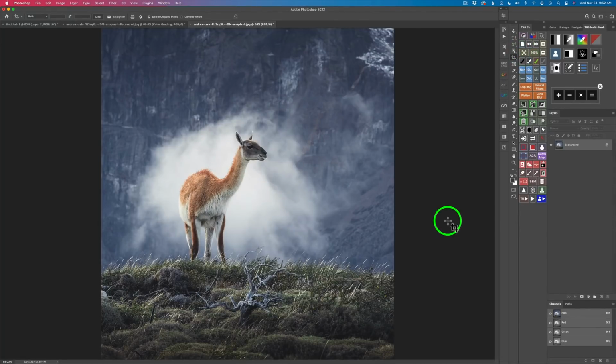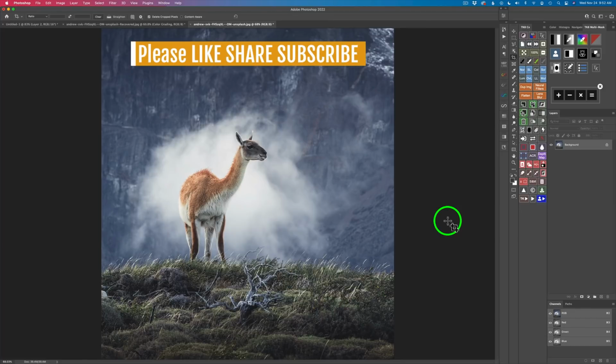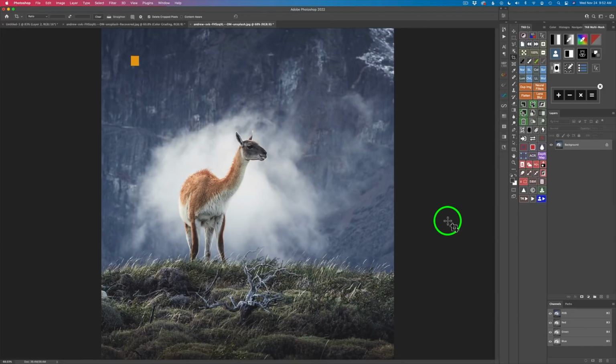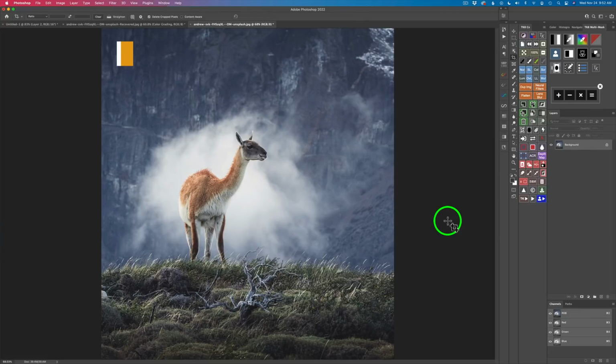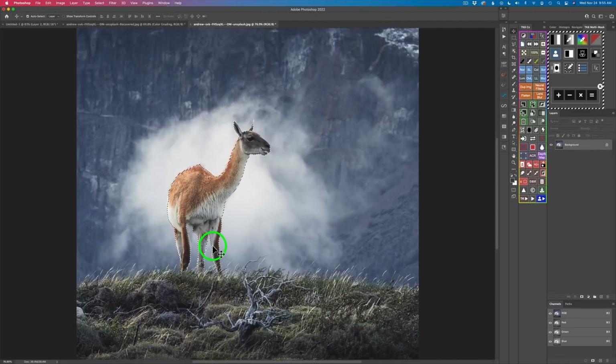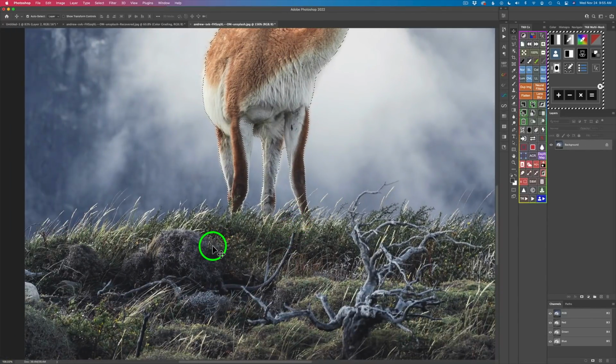I chose this image today because it doesn't have a sky background, and normally I'll select the sky, then invert it, and then we'll grab the foreground out of that. But I'm going to show you how we can work with this image without a sky. Instead of selecting a sky, we can click on this icon and select the subject. Now it looks like it did a pretty good job. So let me zoom in and take a look here. It looks like Photoshop did a really good job of selecting the subject,